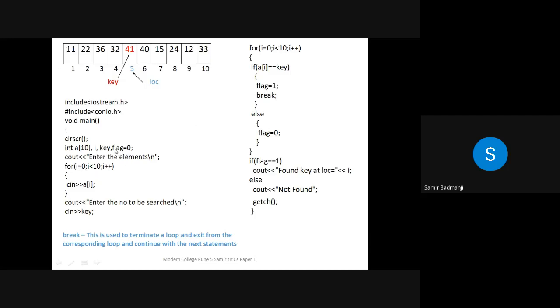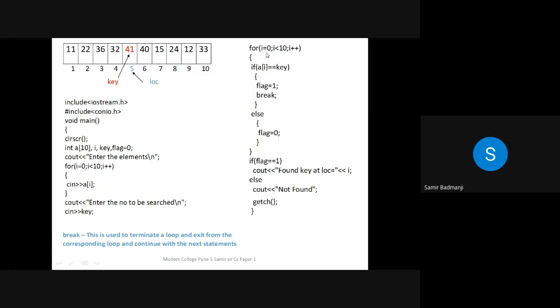See, I have just used one more variable called flag, and I have set it to 0. Now key means the number which we want to search. Now what we are entering here is the number to be searched, and we are giving the key. So you can give any number from among the array here, or if you give some number which is not there in the array, then finally the program will print that the element is not found. Now we are entering 41 as the key for this program.